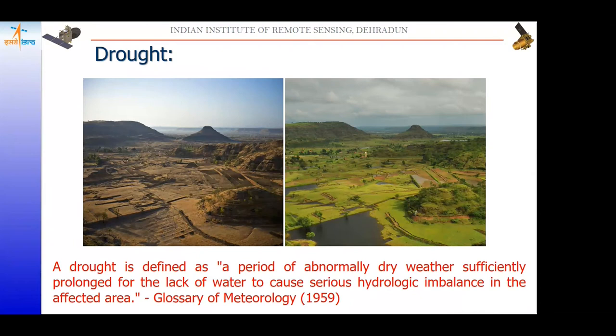So that definition is specifically for abnormal, dry weather situations, and it should be prolonged. For a specific period, like a dry spell of 1 day, 2 days, or maybe a couple of days, we cannot say that with a dry spell of that short a period, or a couple of hours, we can define it as a drought situation. So this is the specific definition: at least up to a 5 day period